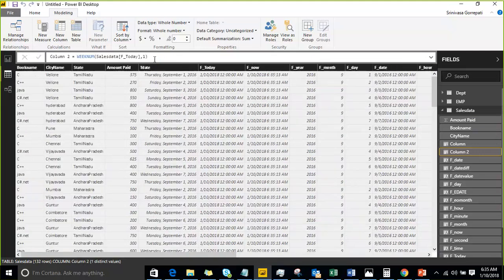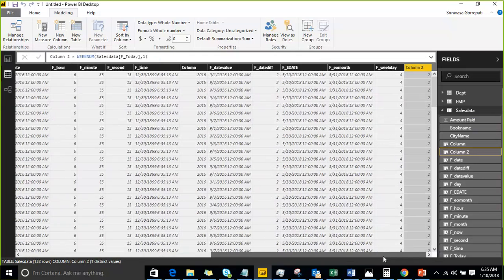It must be seconds. It is saying the week number. So that is what the week number function does. And the next one is